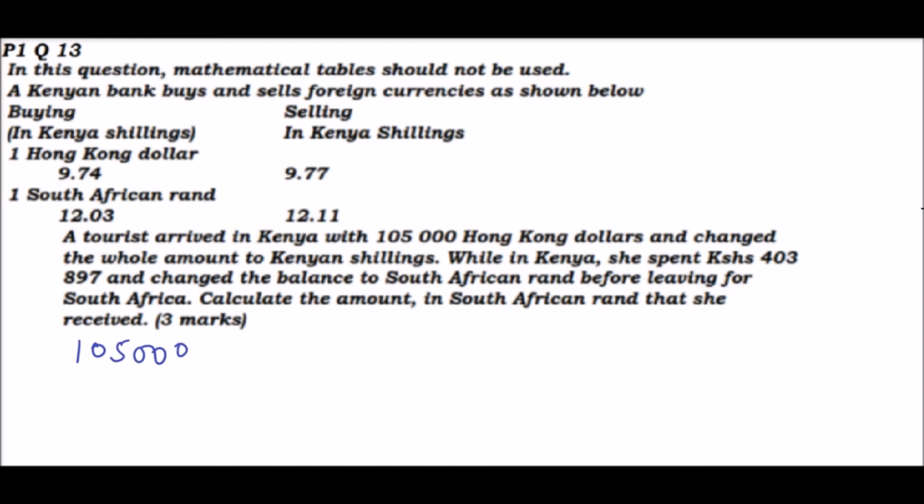So you need to multiply by 9.74 to get the money into Kenyan shillings. Note that the bank bought at the lower price. So when you multiply that, you get this is